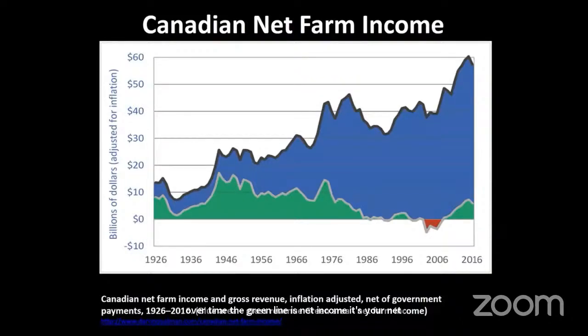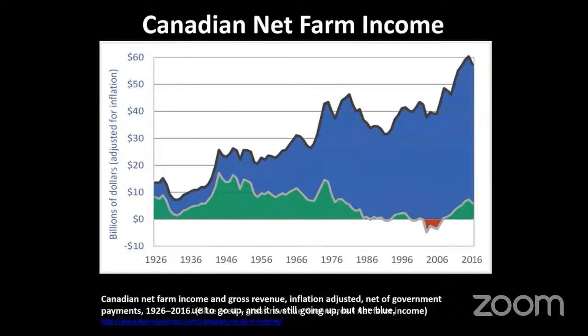And you'll see that up to about 1970, when seasons were good and commodity prices were good and gross revenue went up, net farm income went up as well, and then when things went down, net farm income went down. And that's the kind of relationship between gross and net that we would like to see. But then after about 1970, those two lines start going in different directions. Gross farm income, or gross revenue, continued to go up, and it is still going up. But the green line, your net farm income, has been going down.